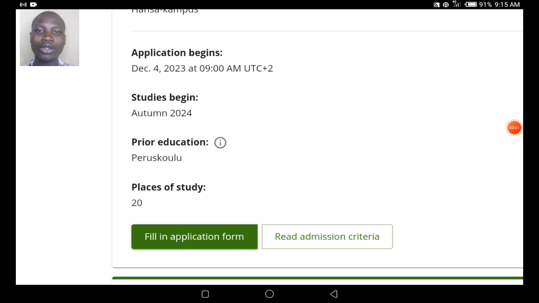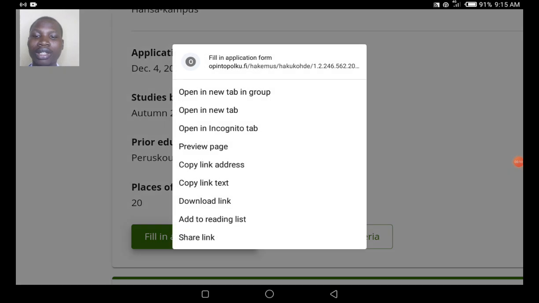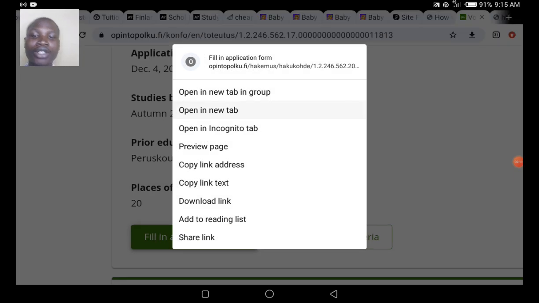So the first thing you want to do on this particular page is to click on this button that says fill in application form. So I'm going to click on this page. Then when the page opens up actually,